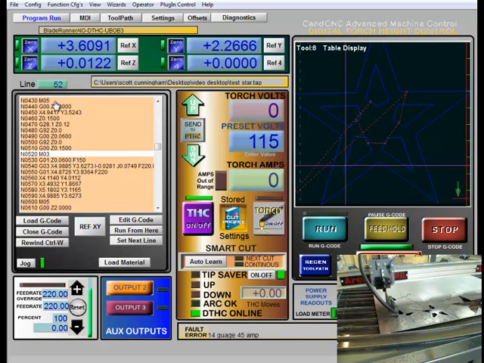It rapids up to 2 inches high. It moves to the next cut, and then it goes through its pierce sequence where it drops down, it feels the plate, it zeroes out, it goes to pierce height, and then it drops to cut height, and then it goes to pierce height, then turns on the torch, and then starts cutting. Okay, so